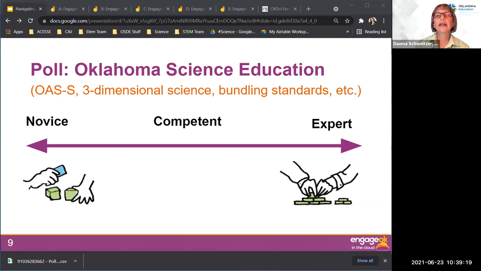Okay, and it looks like Heather's sharing the results, and it looks like the majority of you still considered yourself to be a novice with the new standards, but if you were using the previous set of standards, I think the transition is going to be relatively easy for you. It looks like a mid group of you rated as competent, and some of you are experts, and I do recognize some of these names. I think you've worked on the framework, so you probably are elbow deep into the standards. And welcome to all the first year teachers too, and those that have just completed their first year, because what a time to enter teaching.